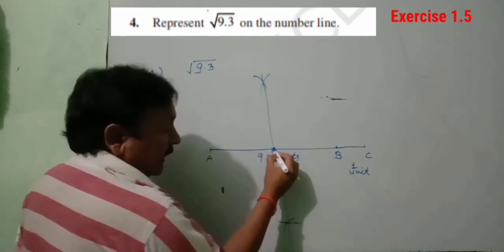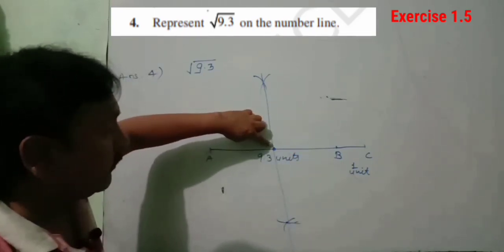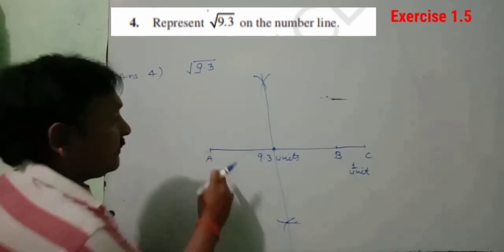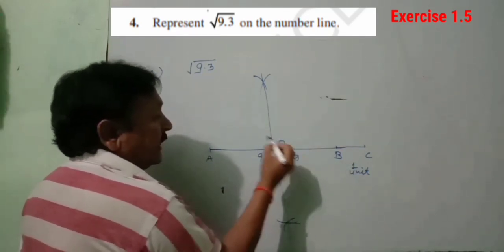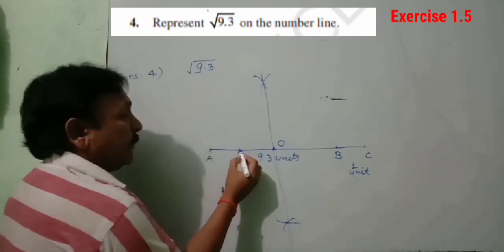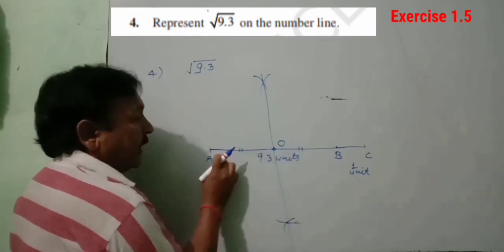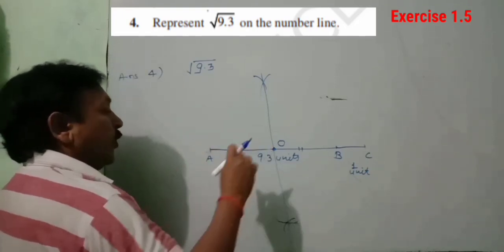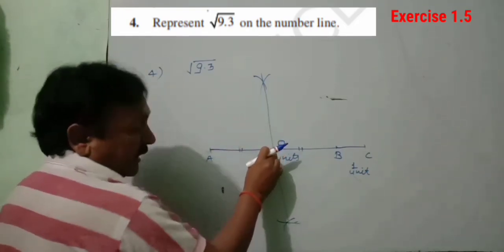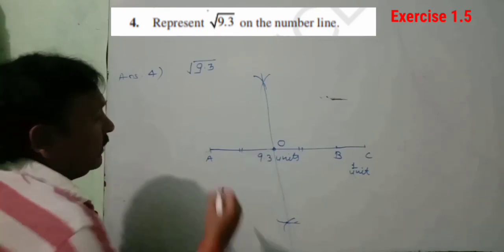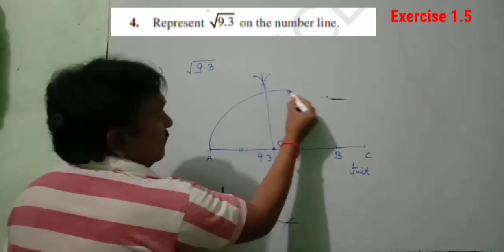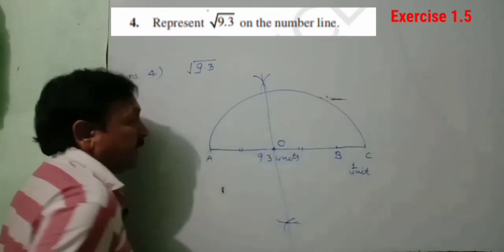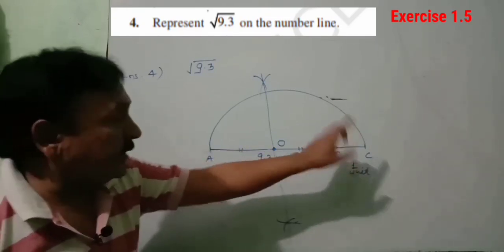Okay, and this is the point where this arc had intersected this line AC, and we can give it the name O, and this is actually the midpoint. It means OA now equals OC. So by the help of your compass, just by taking O as center, make one semicircle. Okay, it will start from A and end with C.